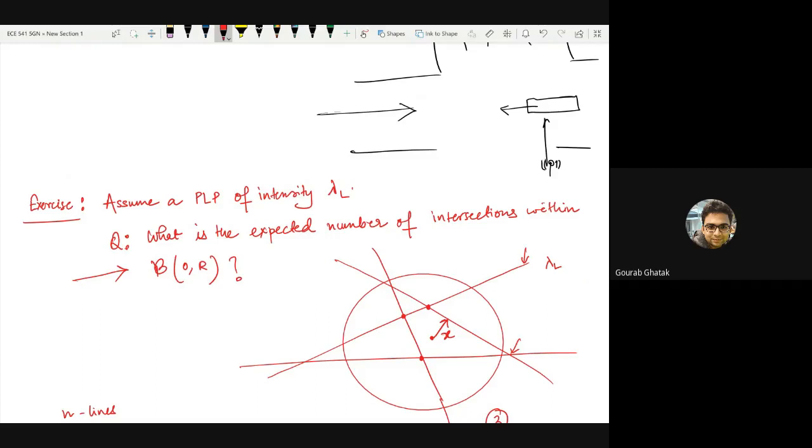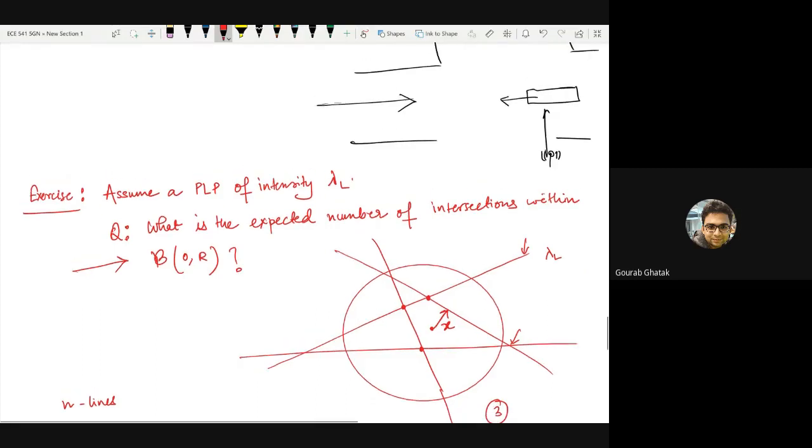Why does it become tricky? Because if you say that no intersections are there on this line, which is our example line which we have taken, then if we condition on the event that there are no intersections on this line, it automatically means that there are no such lines. Does it make sense again?